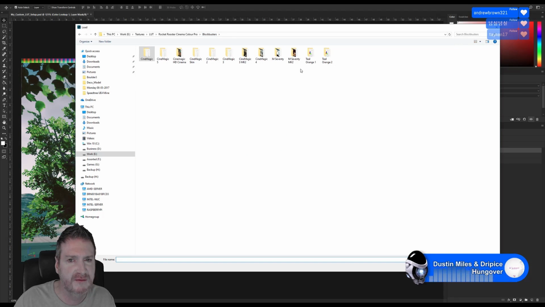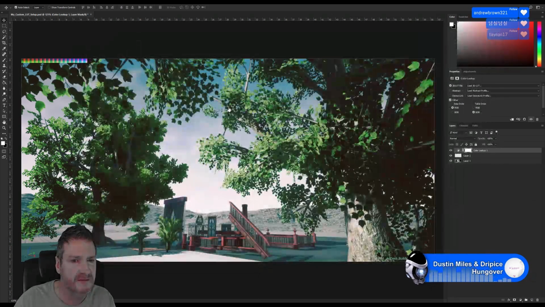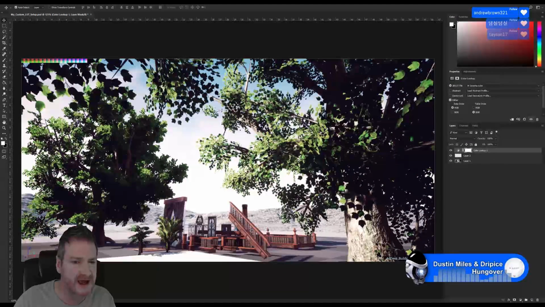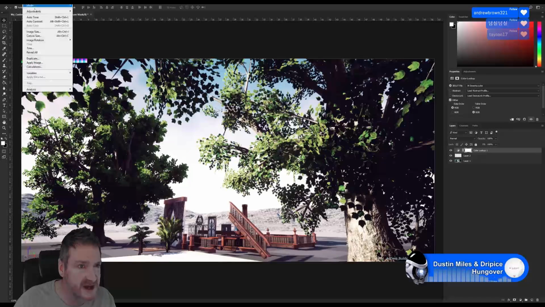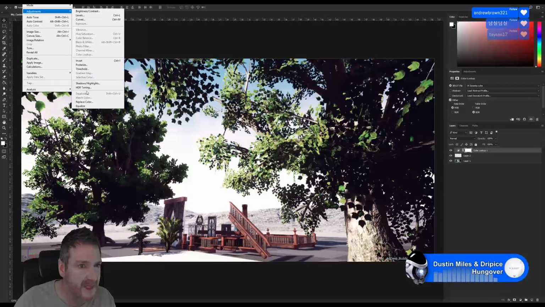Let's go with Mount Severity. Again, you see how it changes the color of the lighting completely. So once you find a LUT that you want, or you make your color adjustments manually by hand, once you've got the color looking the way you want here,